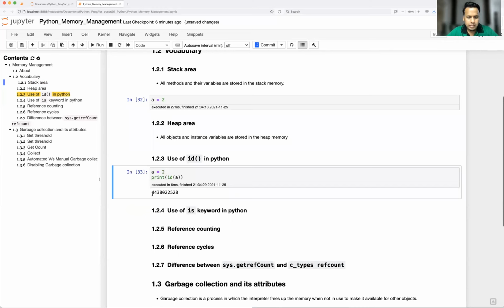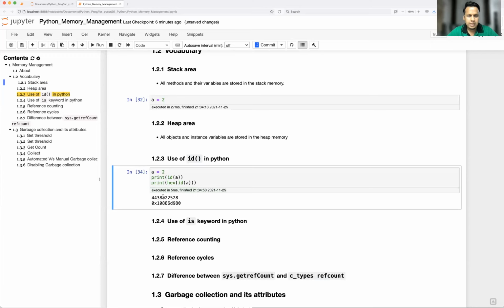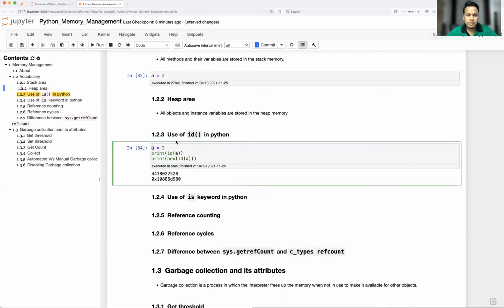This is the location of that heap area where this particular object is stored, and that's what a is holding, this memory location. This is basically a big integer value, so it makes sense to have the hex value, because memory locations use hex notation. So this is the memory location for this particular reference variable. That's where you will be using the id function.